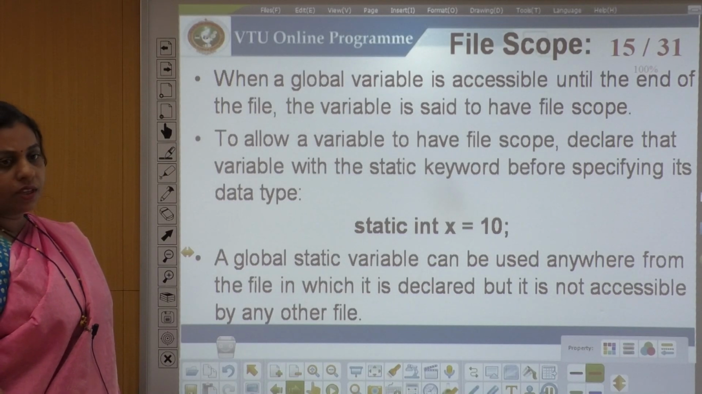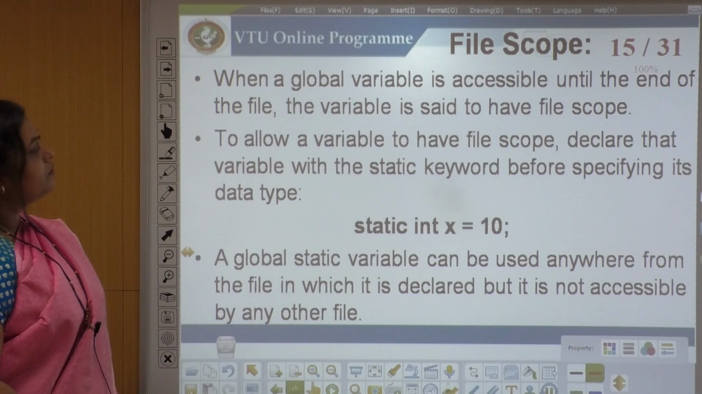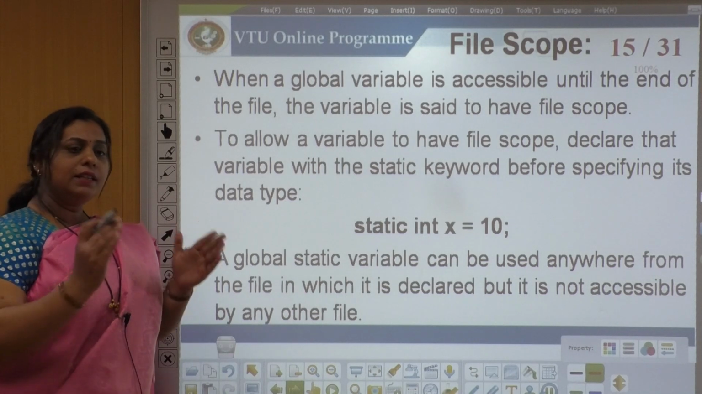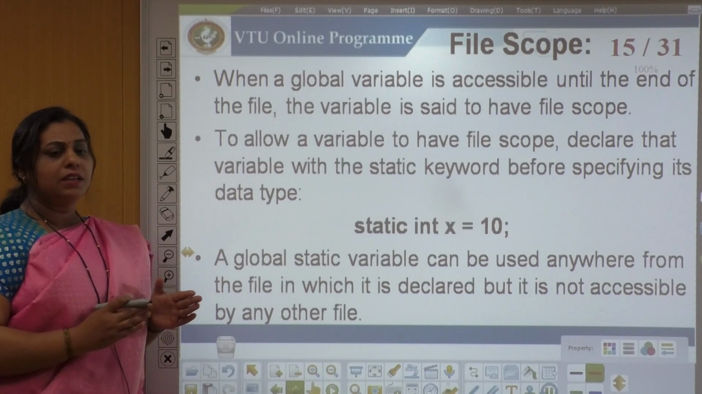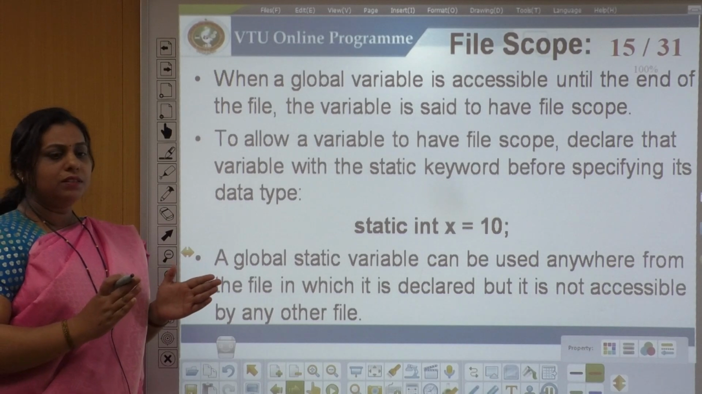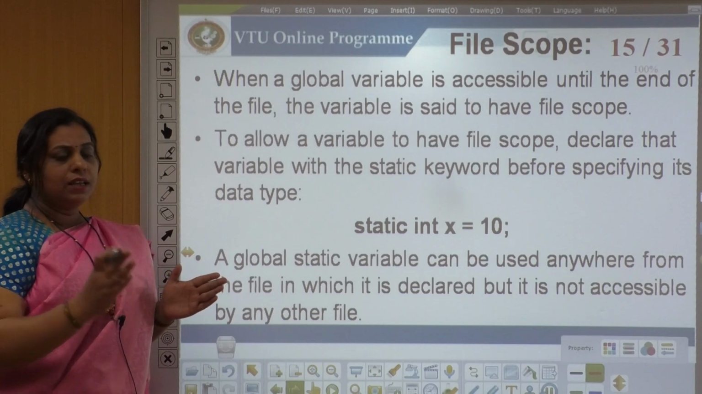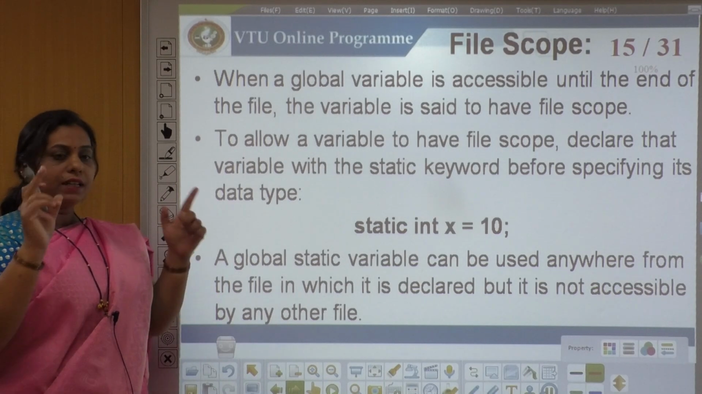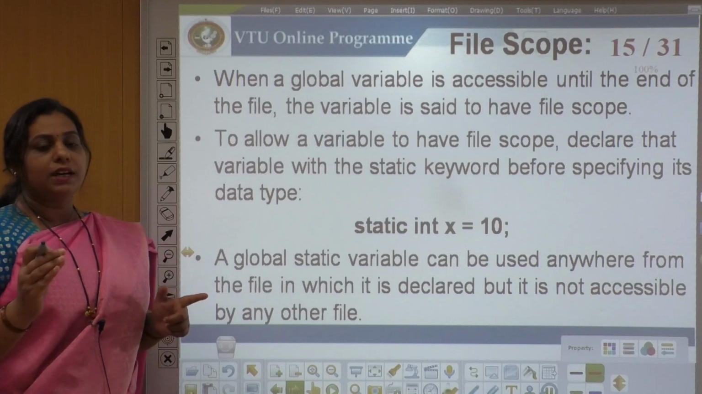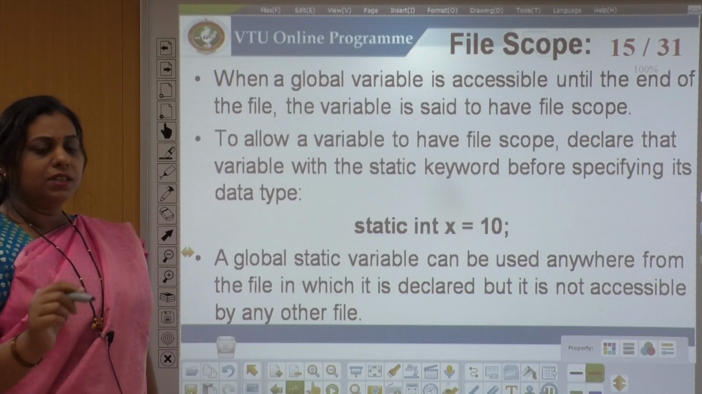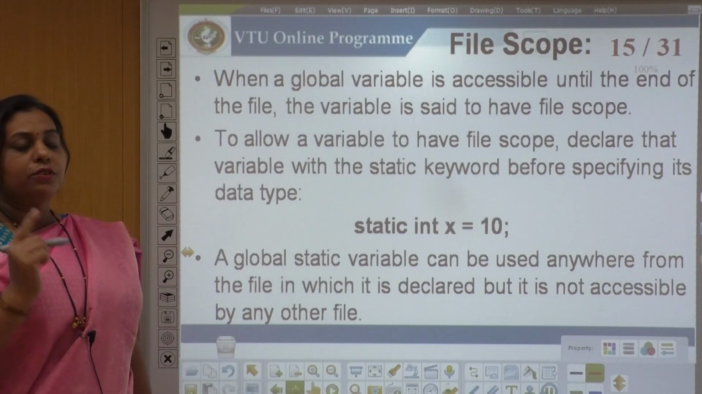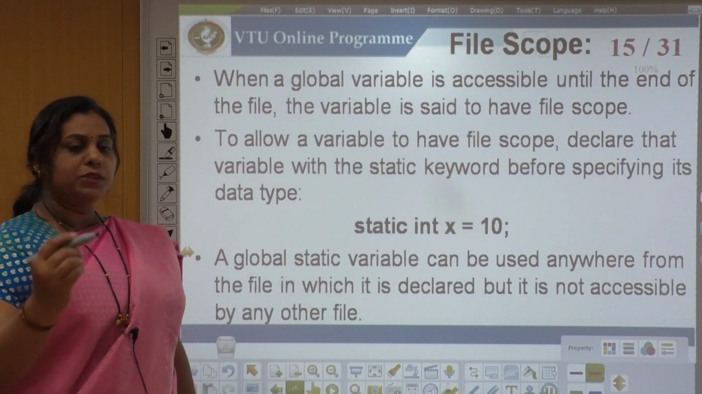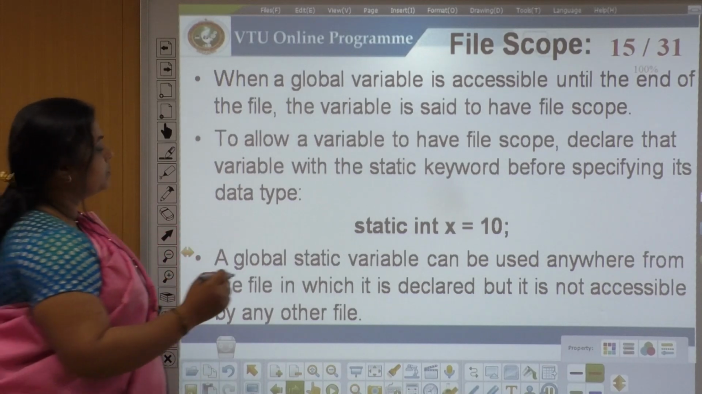Next we have file scope. Within the file scope, a global variable is accessible until the end of the file, meaning it is not restricted to a particular function. This global variable is accessible until the end of the entire file. Then we call its life the file scope. Whenever we want to declare a variable whose life is set to a file scope, we use the